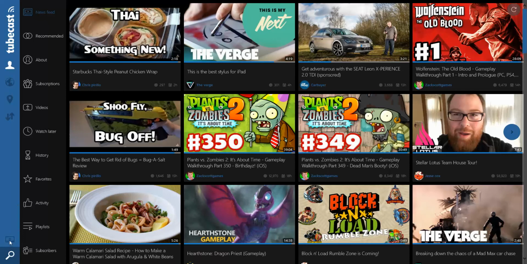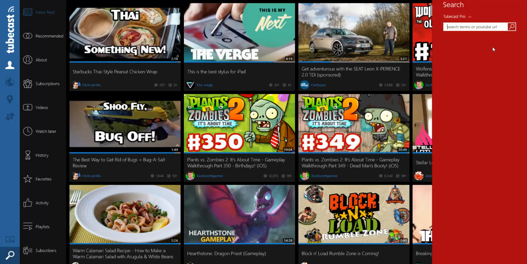And then the last thing here is the search. This allows you to search all of YouTube, just like that. So it's kind of weird because right now I'm recording this on my Windows 10 computer. So it doesn't have the swipe-in gestures and all those crazy gestures that Windows 8.1 had. So it's kind of odd seeing this search thing on the side. For me, it's actually Cortana, but it brings up this search thing here,